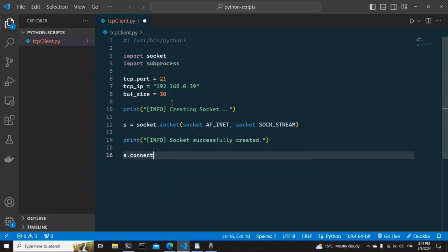Now we can connect to the ports. This function actually accepts as an argument something called a tuple, which is basically an array in regular parentheses instead of the square ones. It's a bit different than an array in a sense that it cannot be directly mutated, so it's more like a const from JavaScript in that sort of way. What we will be doing is adding the IP address first and the port second,